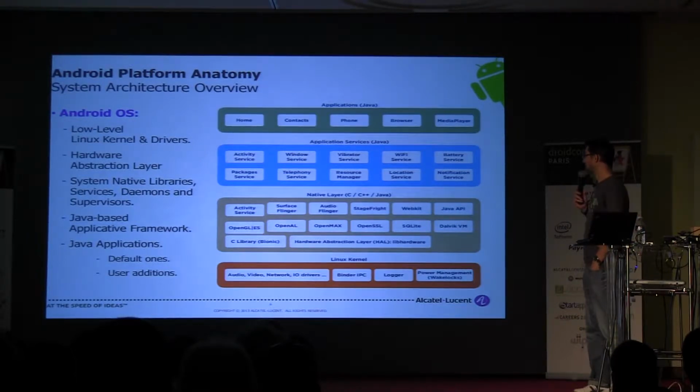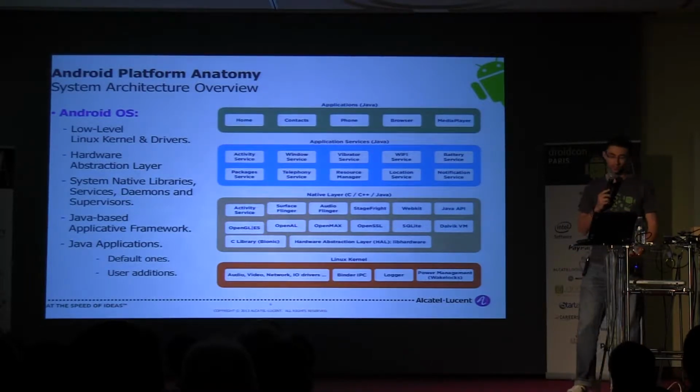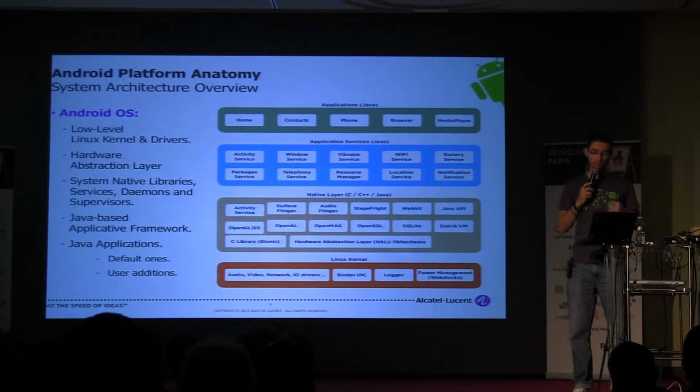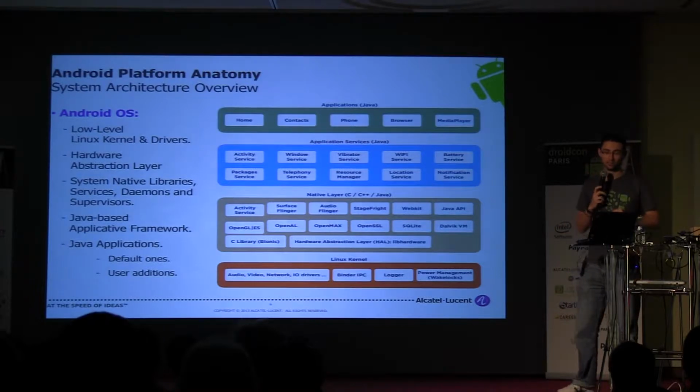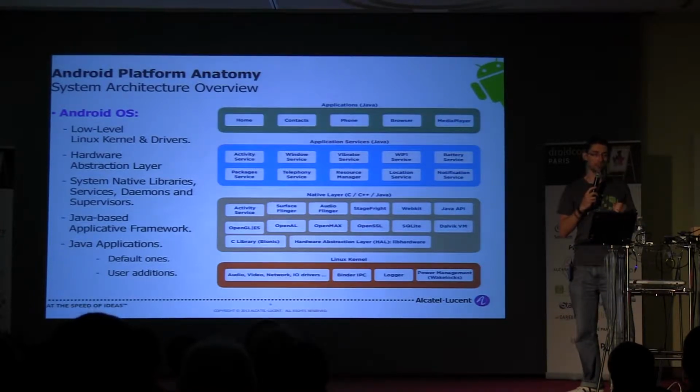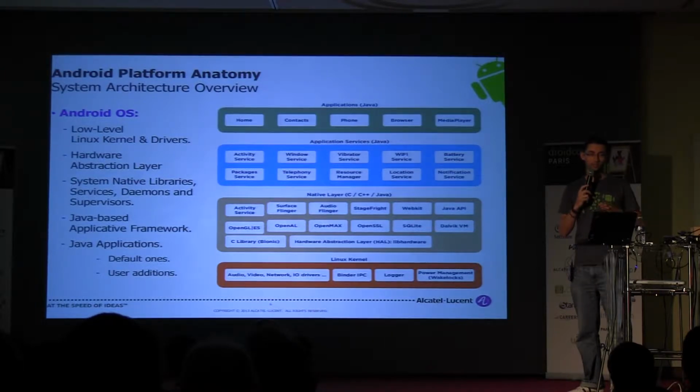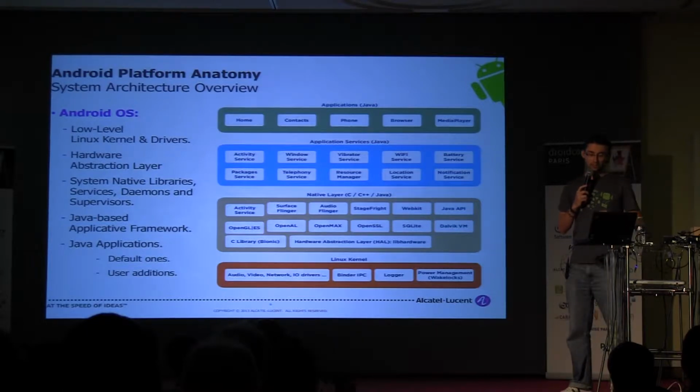Below that, you get many application services that are also written in Java. So, different services, for the activity, telephony, the vibrator, the Wi-Fi, the battery, notification services, and so on. And on the very bottom of that, you get to see what is called the native layer. So the native layer is actually written both in C, in C++, and in Java, and some services which actually